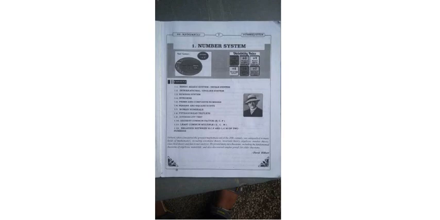So in this class I am going to teach you Class 6 Olympiad mathematics. We started that after successfully completing the fourth chapter of arithmetic. Again we went to chapter number 1, the number system. In the previous class I explained what the Hindu-Arabic system or Indian system and the international system are, and what the difference between these two systems is.